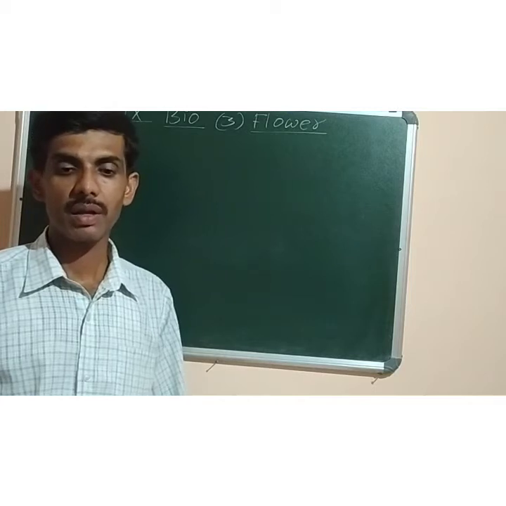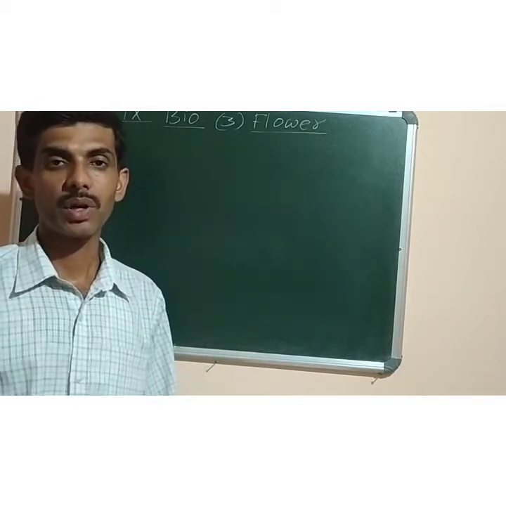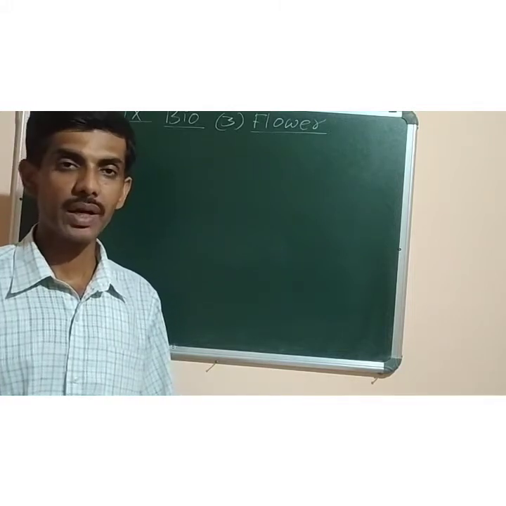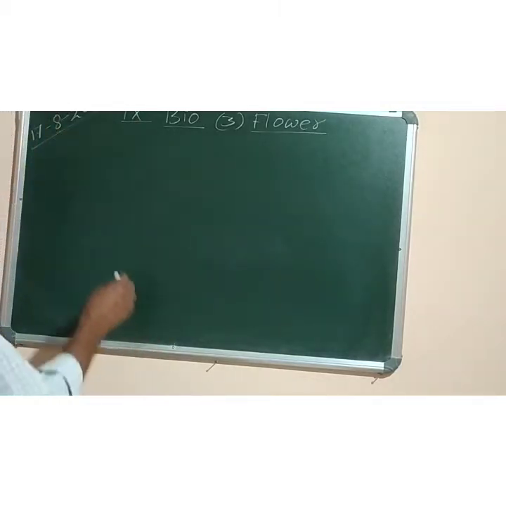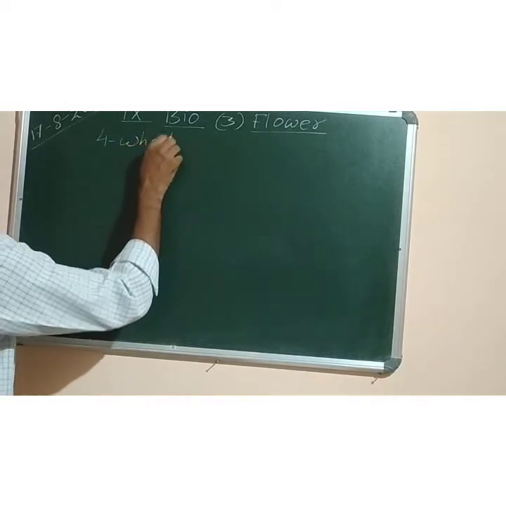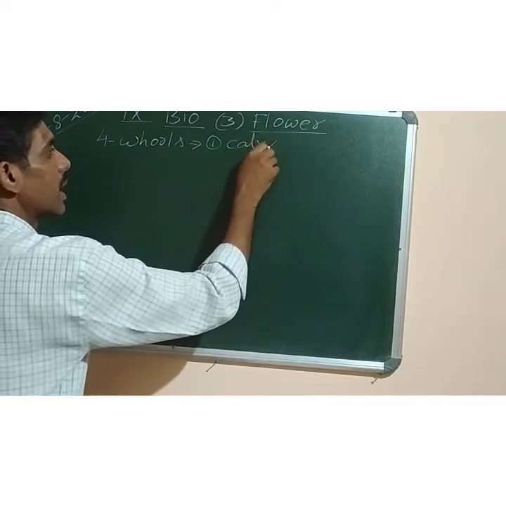It is the flower which helps to bring about formation of fruits and seeds. It is the flower which is the reproductive part of the plant, and flower consists of 4 main parts or whorls. What are they? The 4 whorls of the flower, that is layers, are calyx, number 1, then number 2,